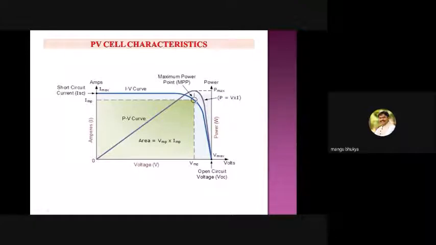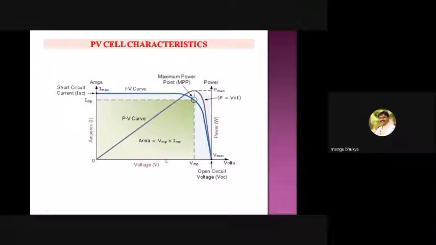But at the MPP, the intersection of the constant current source and the constant voltage source, that knee where it is bending, at that point I am getting the maximum power. So at MPP, it is neither operating like a constant current source nor like a constant voltage source. This is the knee point or bending point where we are getting the maximum power.